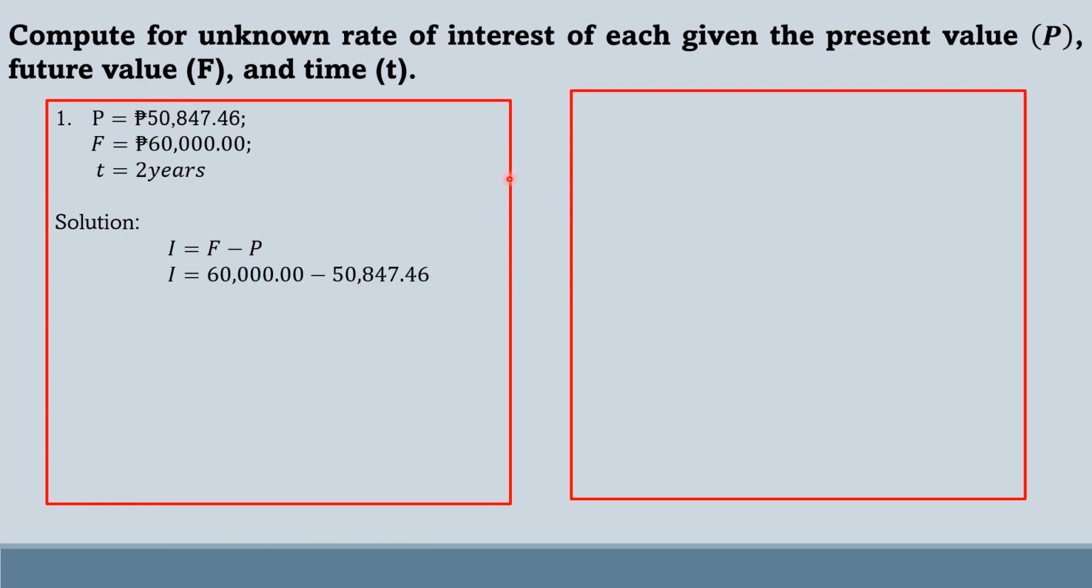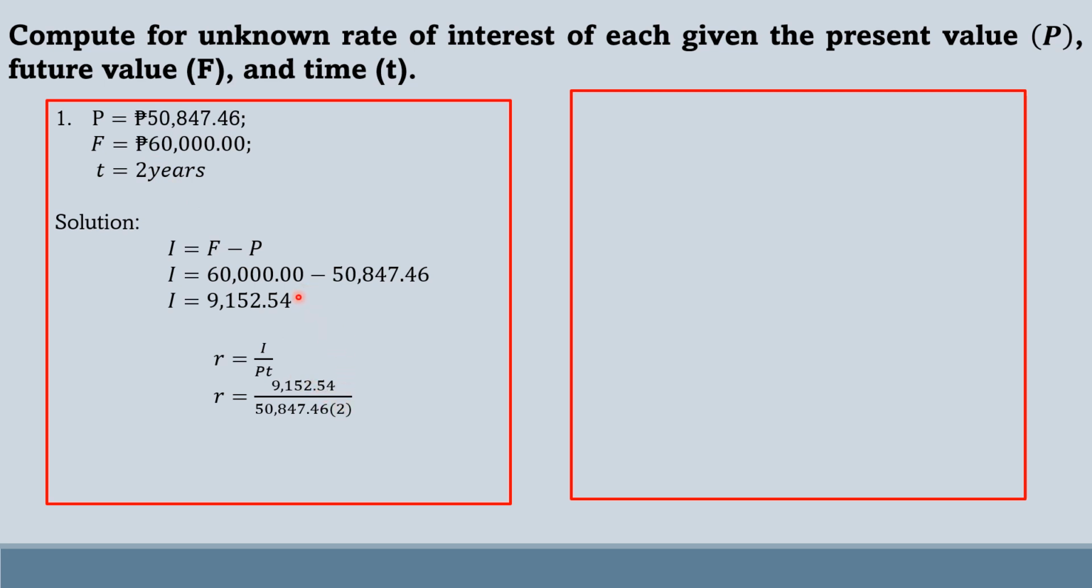So, ang ating pong final amount is 60,000 pesos. We'll just substitute it. And then, the present value is 50,847.46. Pag susubtract lang po natin yan, ang ating pong magiging interest ay 9,152.54. Yan na po ang ating gagamitin para masolve po natin ang ating interest rate. Okay, so rate is equal to the interest divided by the principal amount times the length of time. So substitute the interest,